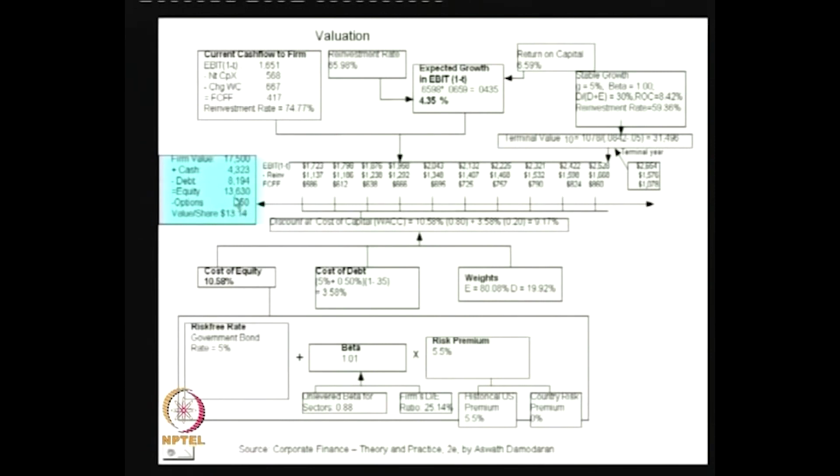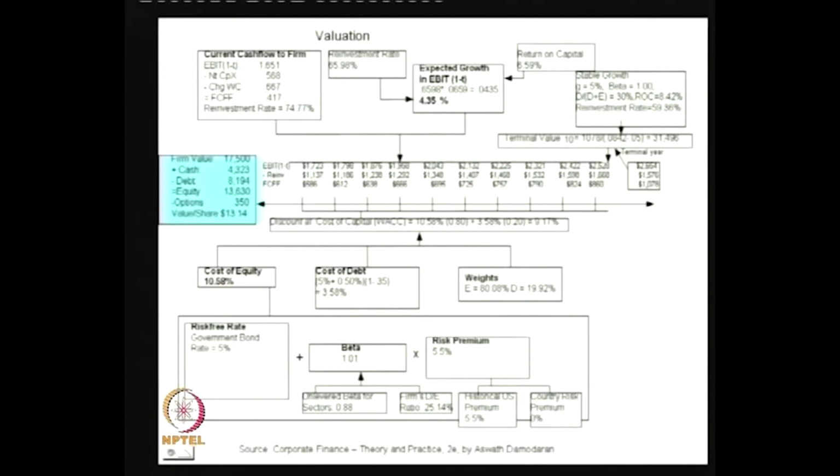Then there may be some special cases where the company could have certain options with certain option holders, which gives a right for the investor, the option holder, to buy the share of the particular company at a particular point of time. So, this has got certain rights over the assets of the company. In that case the value of the option also can be found out by applying a suitable mechanism, like one can use the Black and Scholes model to find out the value of the option. So, this option holder also has a claim over the assets or the value of the company as such.